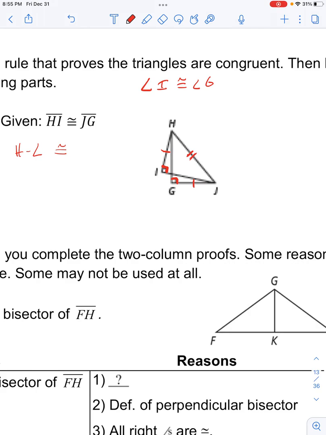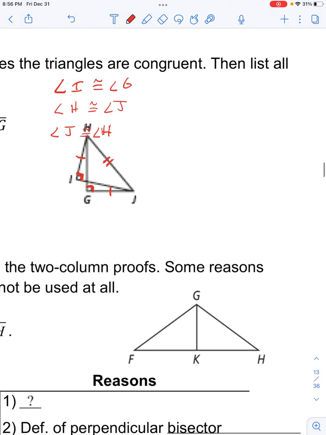So this would mean that we have angle I and angle G that are congruent. Then we would have angle H and angle J of the other triangle that are congruent, and we would have that angle J and angle H of the second triangle are congruent,